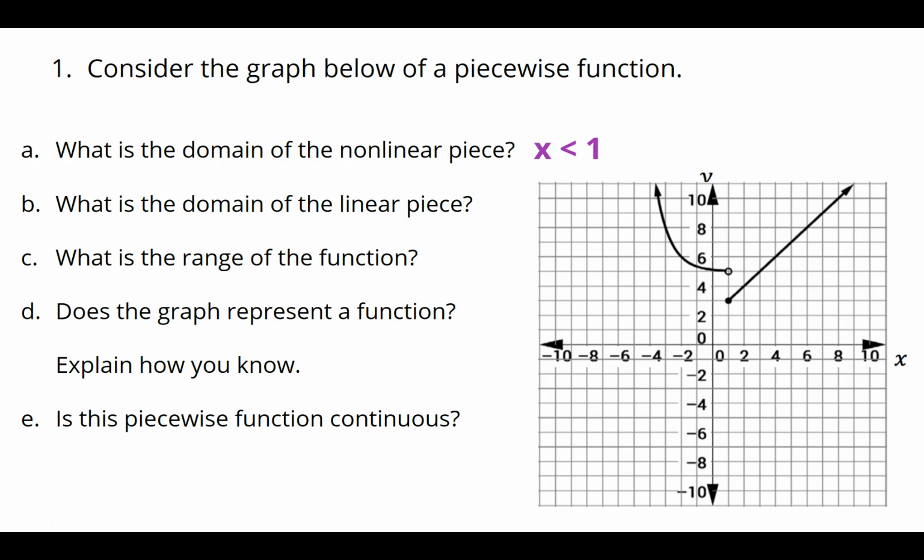All right, what's the domain of the linear piece? Greater than or equal to 1. Good. So the other side is going to be my line. Yeah, that's where 1 is the x that they're meeting at. So they're both starting to stop right there. Yeah, you got it. So if it's negative, they're less than. And if it's going up, it's